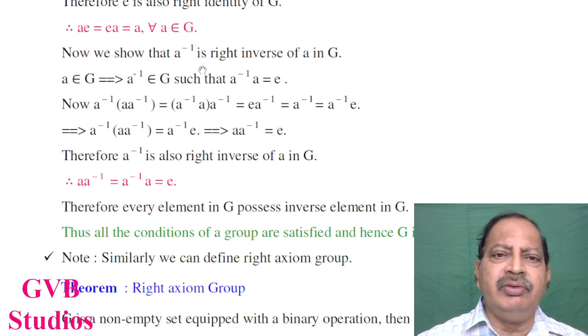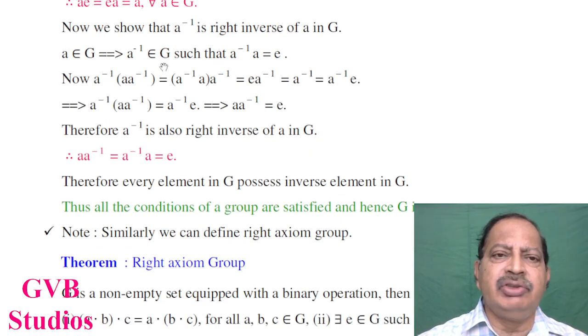Now we show that A inverse is right inverse of A in G. In the statement it is given there exists left inverse. So we are taking left inverse and here we prove that the same A inverse works as right inverse of A. Again I will write A belongs to G, A inverse belongs to G such that left inverse A inverse A is equal to E, and we have to show that A inverse works as right inverse. For that consider A inverse bracket A A inverse